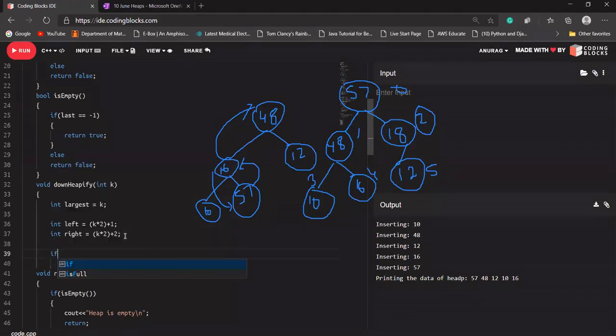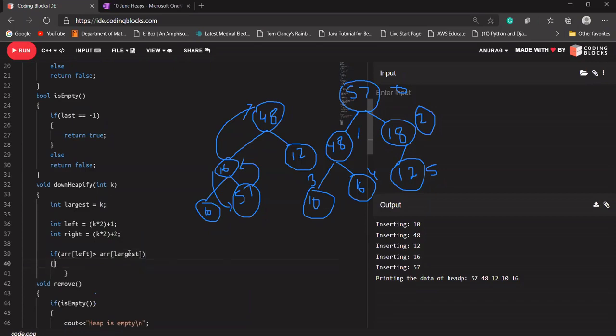So I'm going to check if the value of the left child is greater than the value at largest, which in the starting case is the parent value. If it is greater than the parent, what do you need to do?